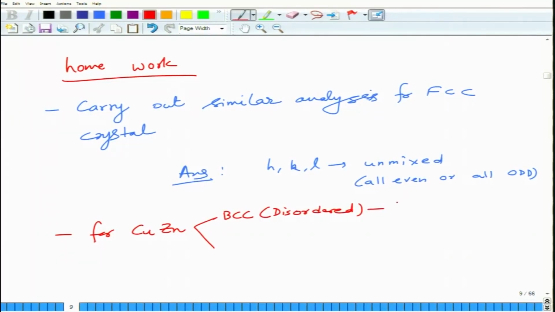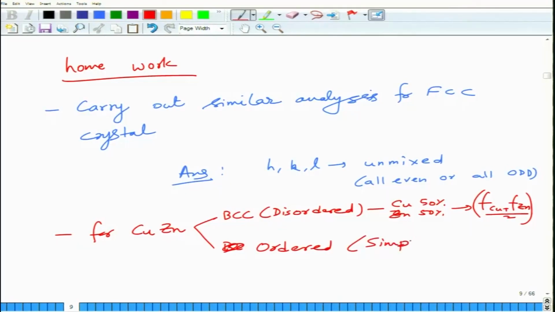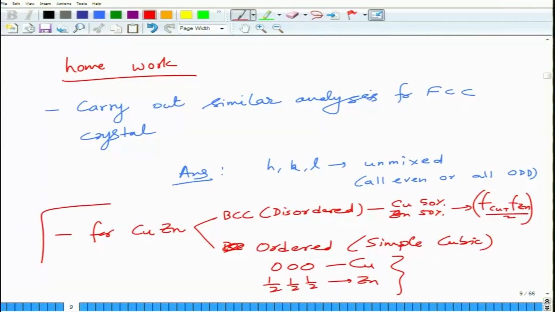So, you consider there are two atoms, Cu at 50% and Zn at 50%. So, F will be F_Cu plus F_Zn divided by 2. For the ordered crystal, it's simple cubic, and here you have one atom at 0 0 0, which is copper, and another atom at half, which is zinc. So, you will see that order-disorder transformation in crystals can be seen very easily only through X-ray diffraction,